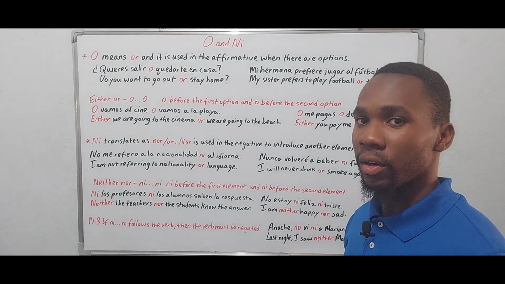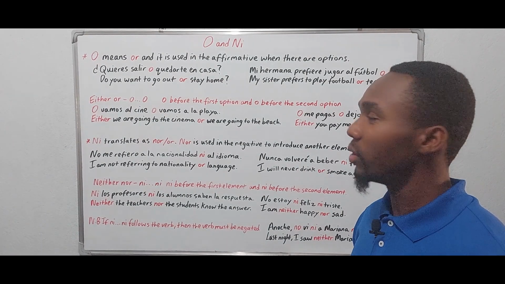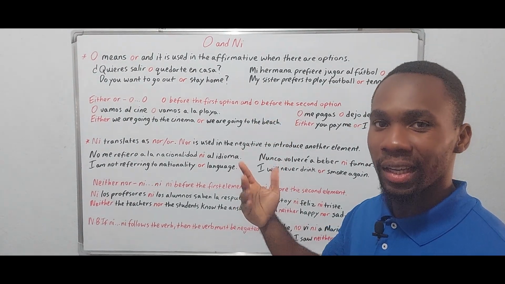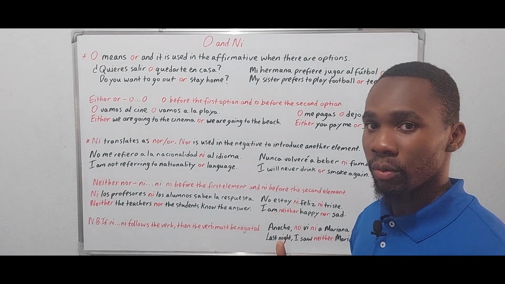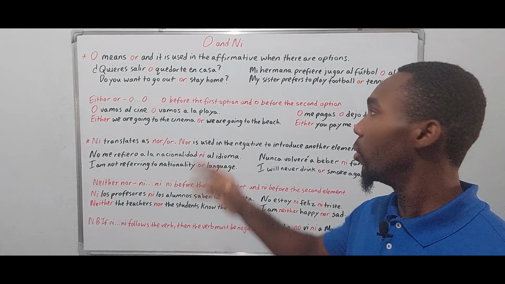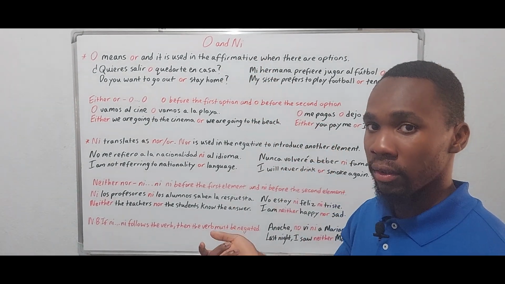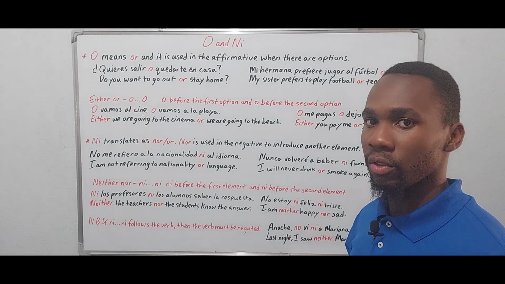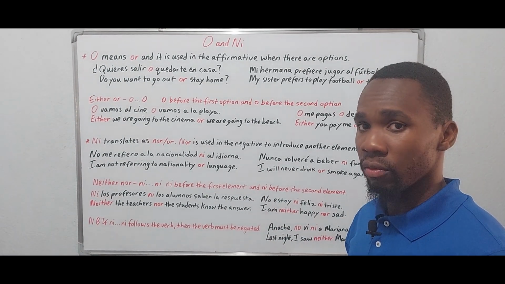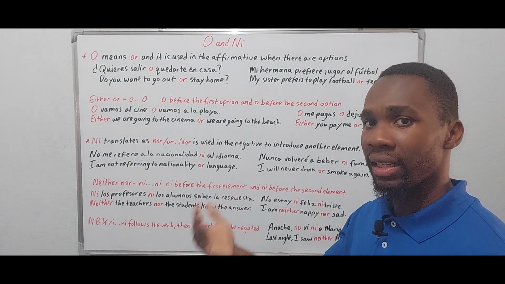So today we're going to talk about the words o and ni in Spanish. As you would see, o is also a letter, but o can be used as a conjunction to mean or. So both of these are conjunctions. Ni translates as nor. Okay, so o and nor are conjunctions, and a conjunction is a word that connects sentences,